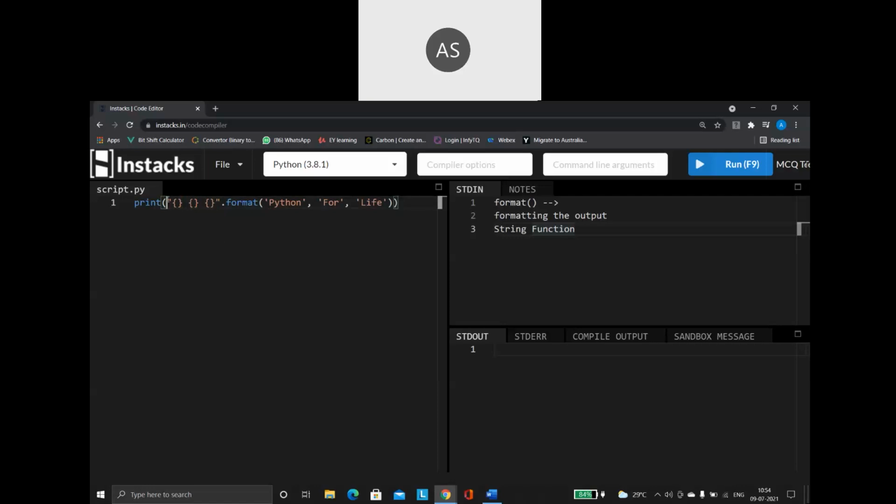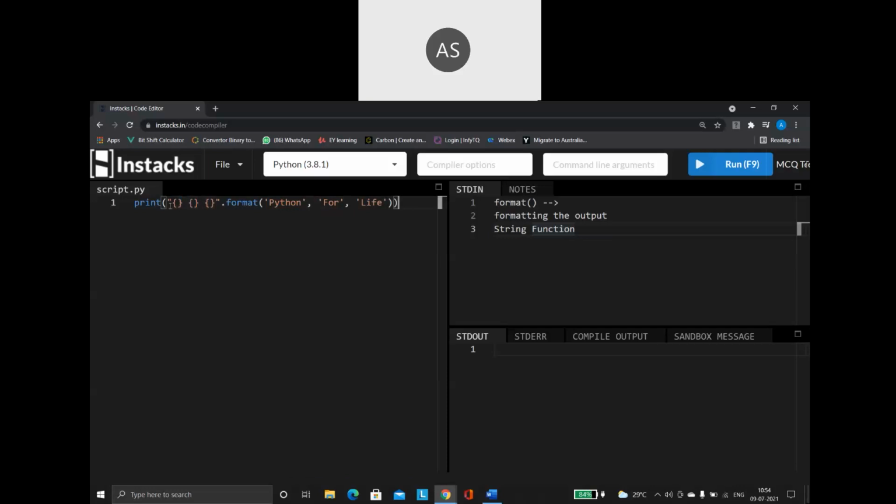Within the string, inside of my double quotes, wherever I want a value to be printed, I will give an opening and a closing pair of curly braces. Remember very well, the order here is very, very important. In the first pair, whatever the first value you are giving inside the format function, that value is going to get substituted here.